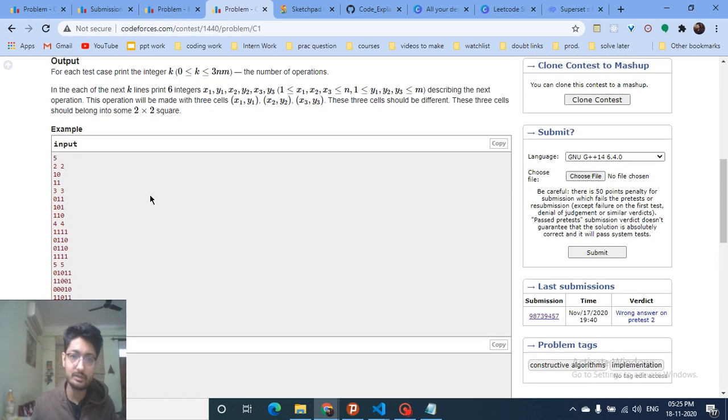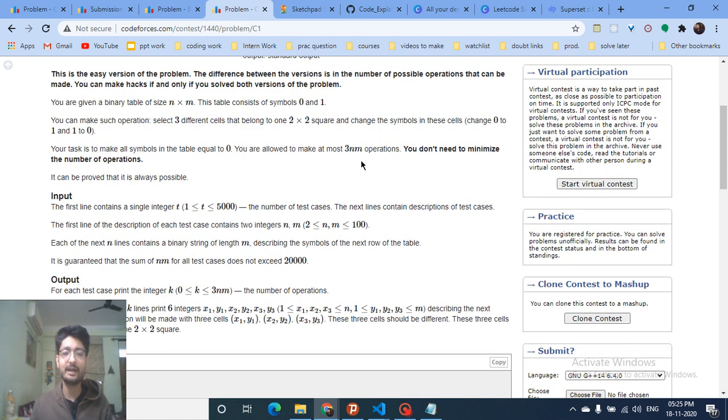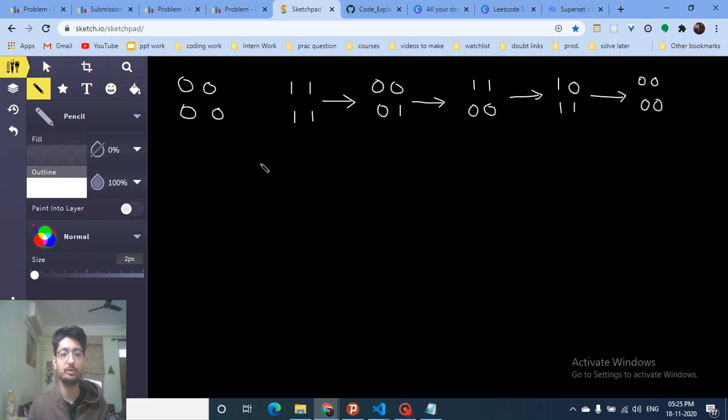Now for solving the first problem, first see why the easy problem has 3nm operations and the hard problem has only nm operations. It means that there is some significance of 3. Let's assume I just take a grid of size 2 by 2.